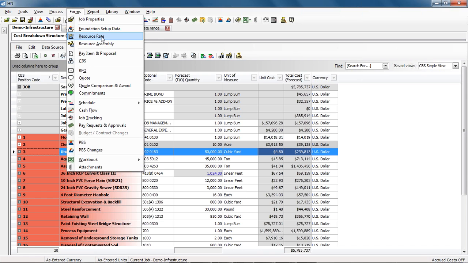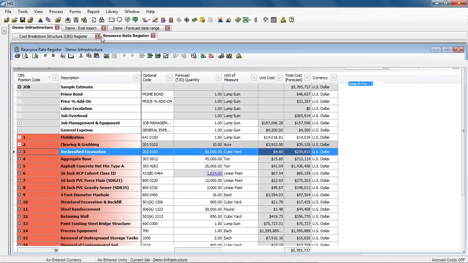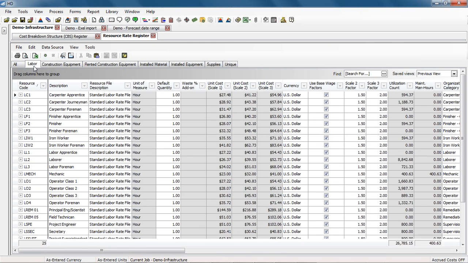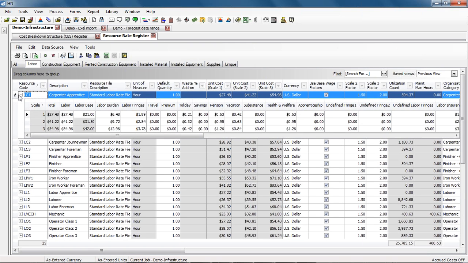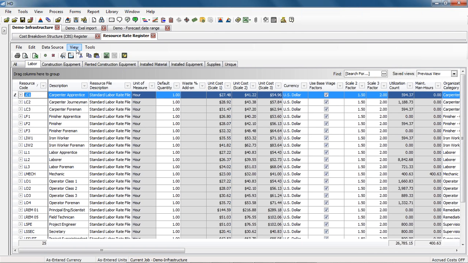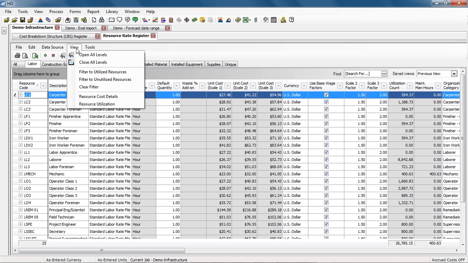Forms, resource rate register, and when I click on my labor resource category, first off, I'll show you at the record level, when I expand the record and scroll over to the right, we see some new columns that have been added: the billing rate markup and billing rate percentage. To access those in a column format, we can go to View, Resource Cost Details,